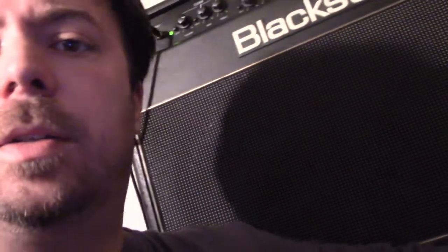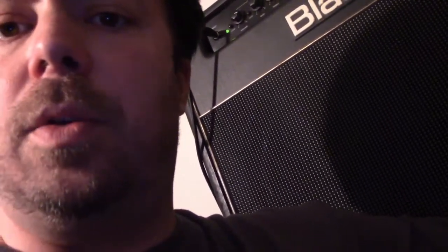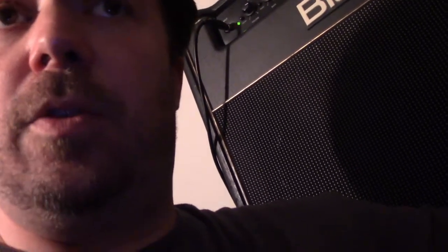the Crybaby, a standard wah, kind of what everybody thinks of as a wah sound. So you can hear the differences and see if you're looking for a wah sound, but you're doing something a little different than that standard waddle, waddle, waddle sound. If you want something a little different, this will give that to you. So if you're doing some experimental or jam stuff or whatever,